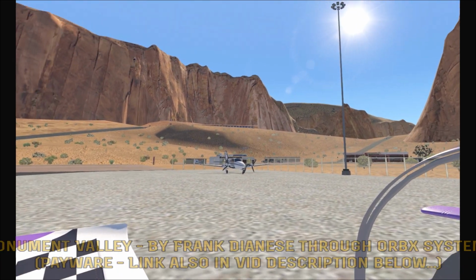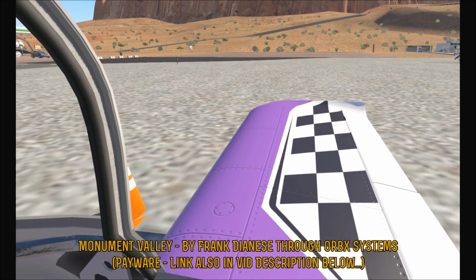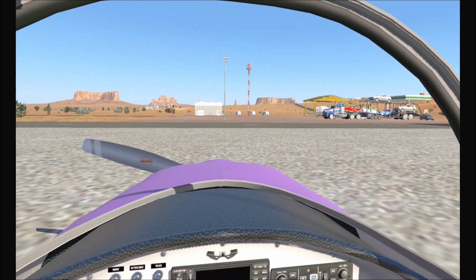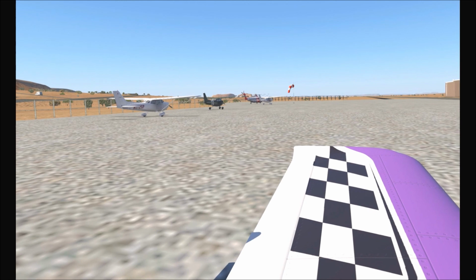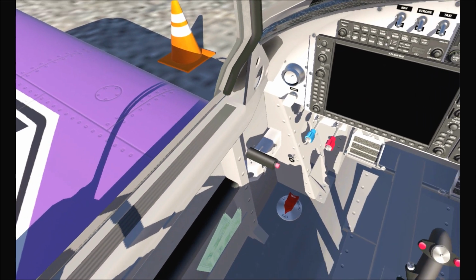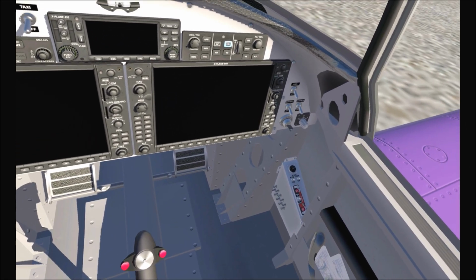Howdy folks, and we are back here in X-Plane 11, and tonight we are in Utah, in Monument Valley. Now if you watched the last episode, I showed off a Frank Dianese scenery, most notably the Everest 3D Park. This is the work that he's done in collaboration with Orbx, and this is Monument Valley. And we're going to be exploring Monument Valley on our way south to Sedona, Arizona in this bad boy right